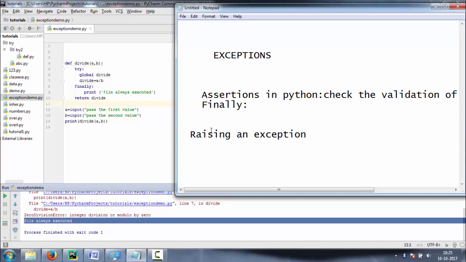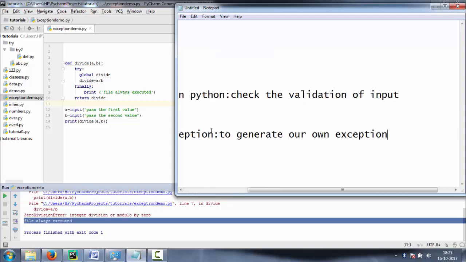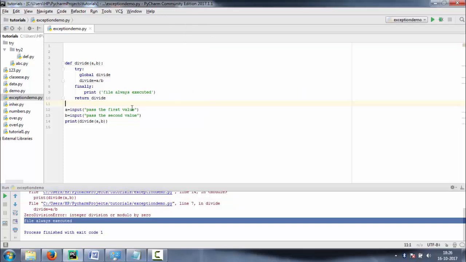Then we use raise to generate our own exception. It can be raised using the raise statement. Let's take a simple example.